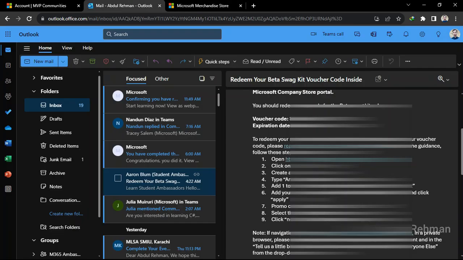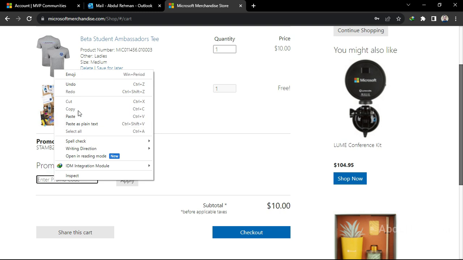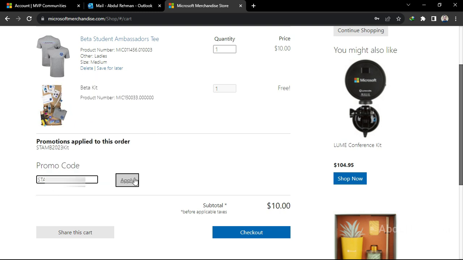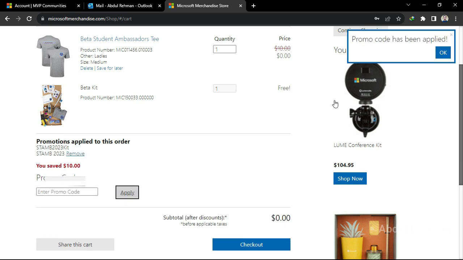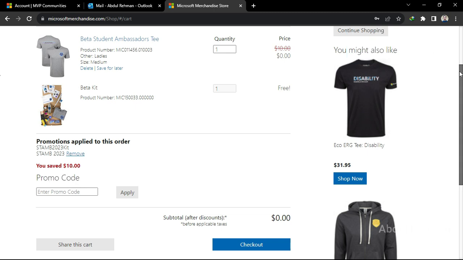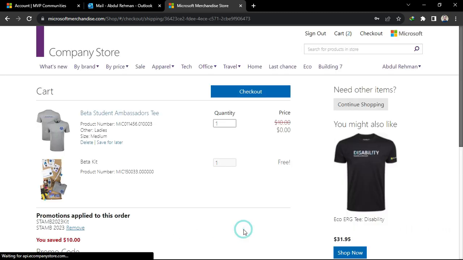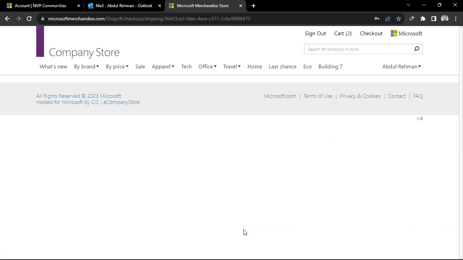For the promotion code, you need to visit the email again and copy the voucher code. After that, paste it right here in the promo code field and click on apply. So our promotion is successfully applied and the price is decreased from $10 to $0. It means it's free of cost for us. Click on the checkout button now,